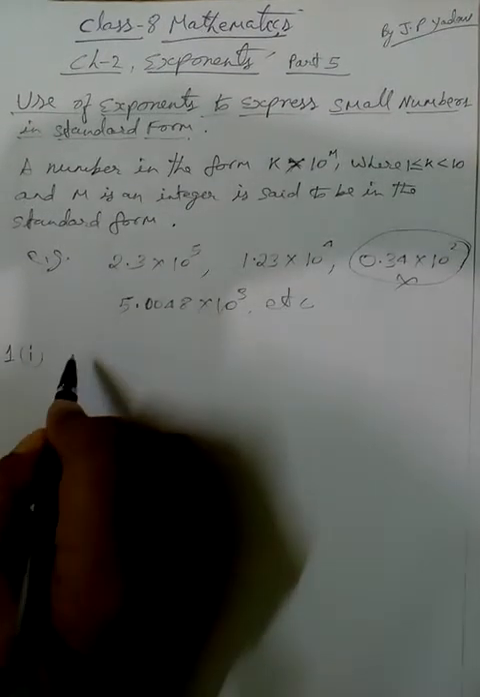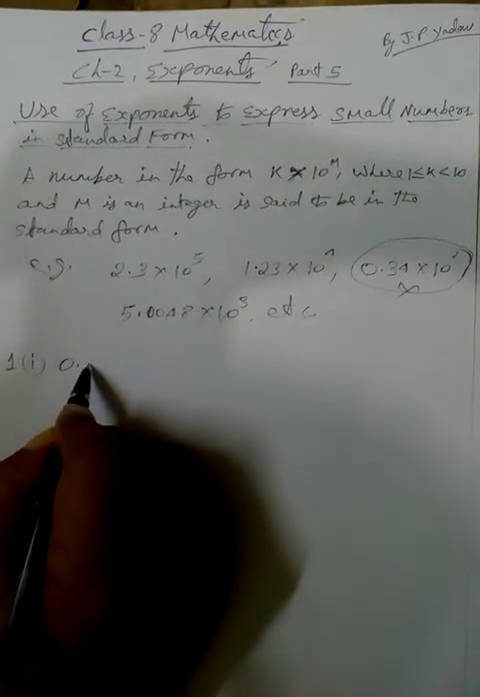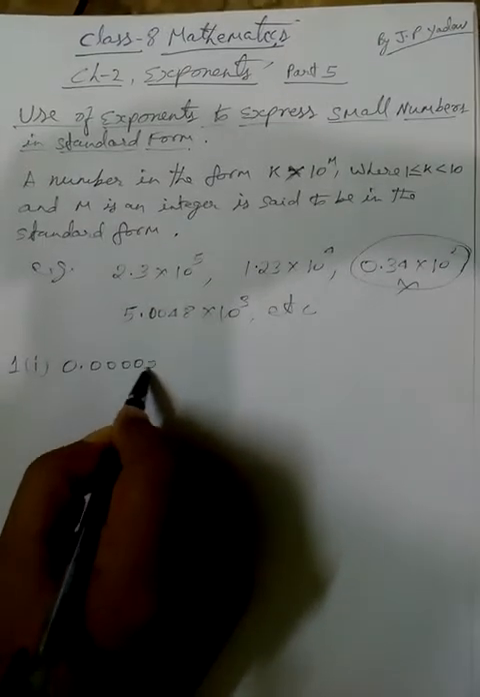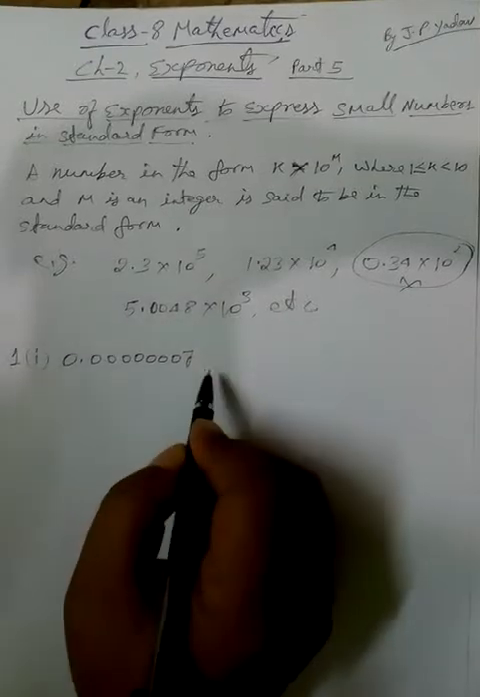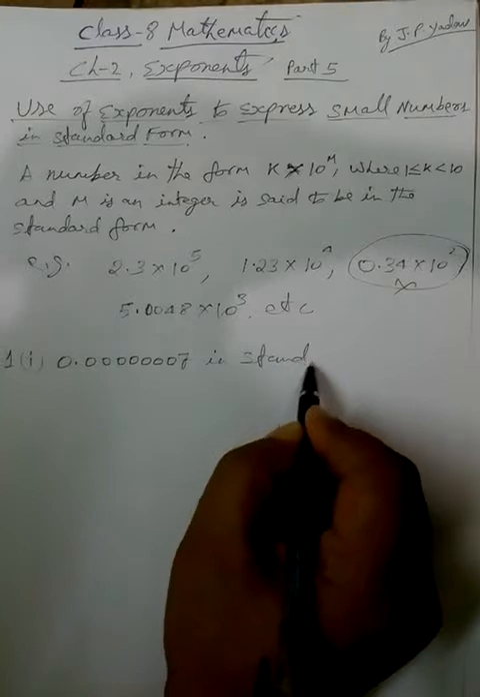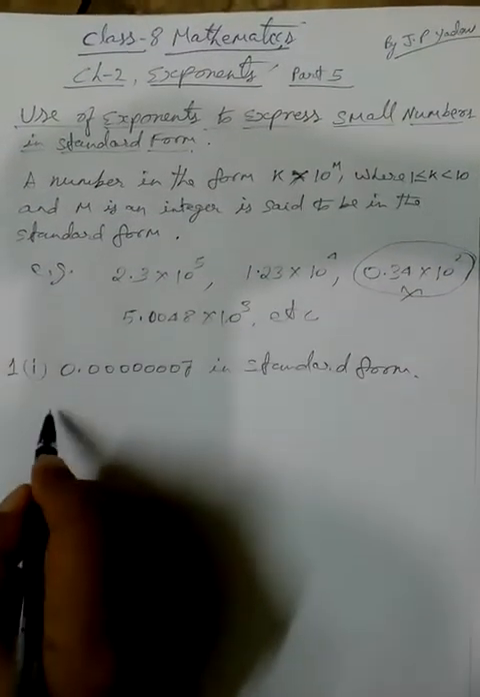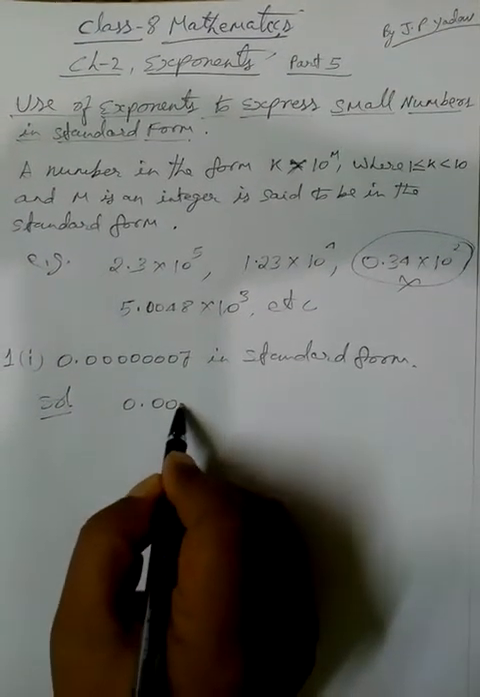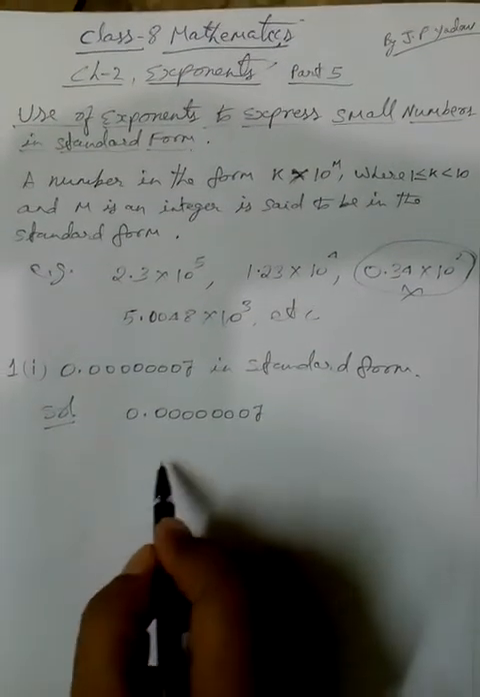First part of the first question. It is asked to express 0.00000007 in standard form. Solution: 0.00000007 can be written in this form: